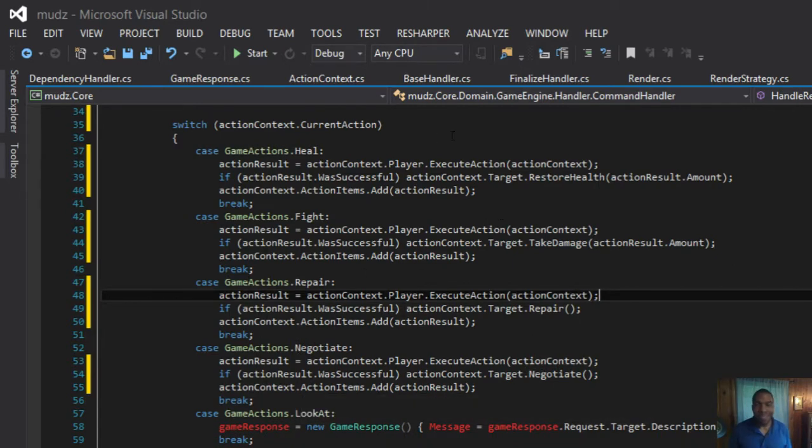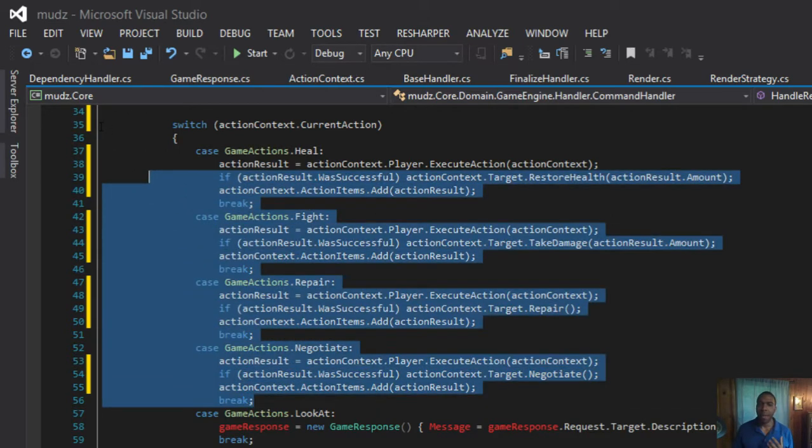So the only thing that's different here between these four primary commands are restore health, take damage, repair, and negotiate. What this suggests is that, if nothing else, the four base commands could be someplace leaner, right?